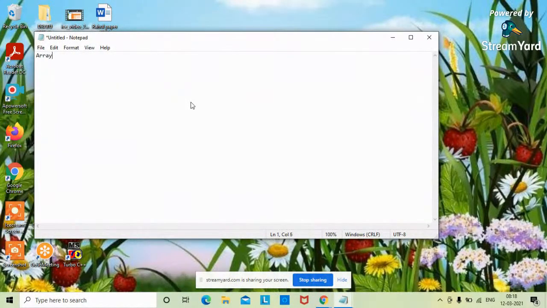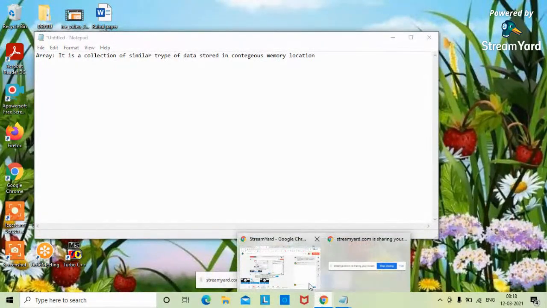So array is a collection of similar type of data stored in contiguous memory location. The important point here is stored in contiguous memory location,